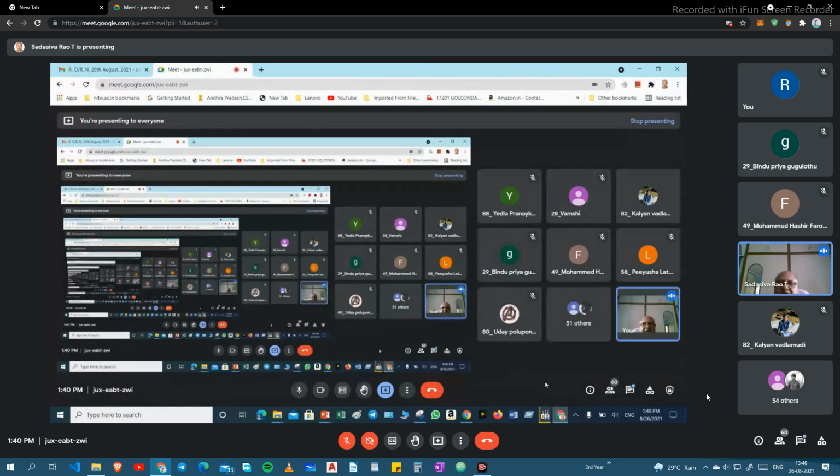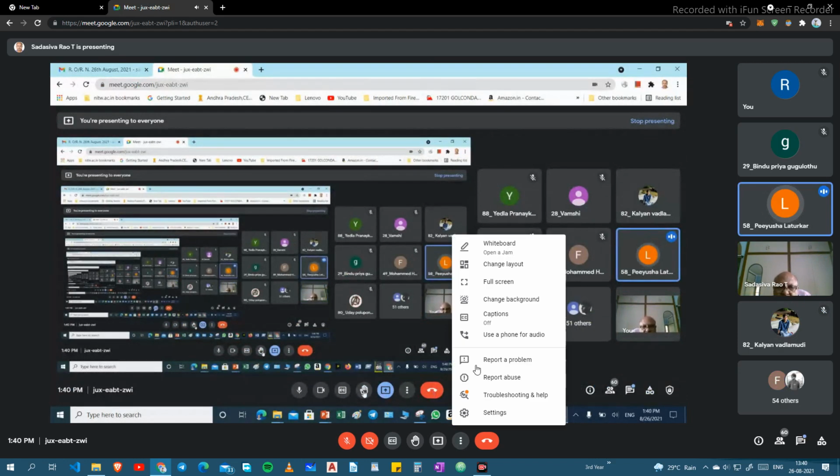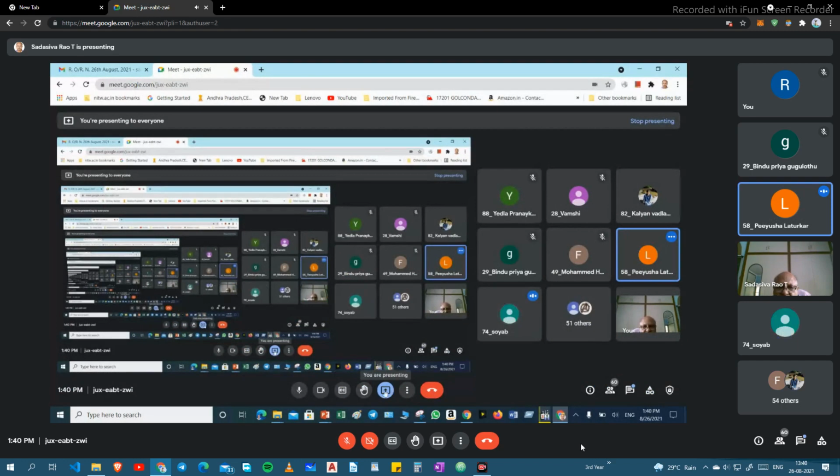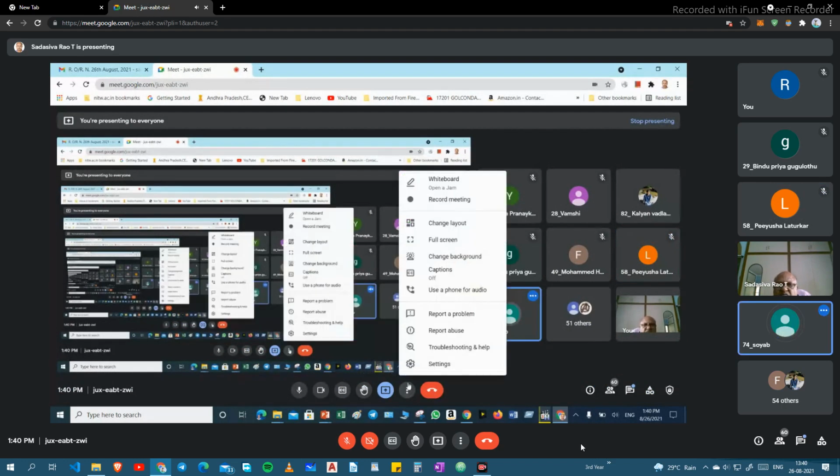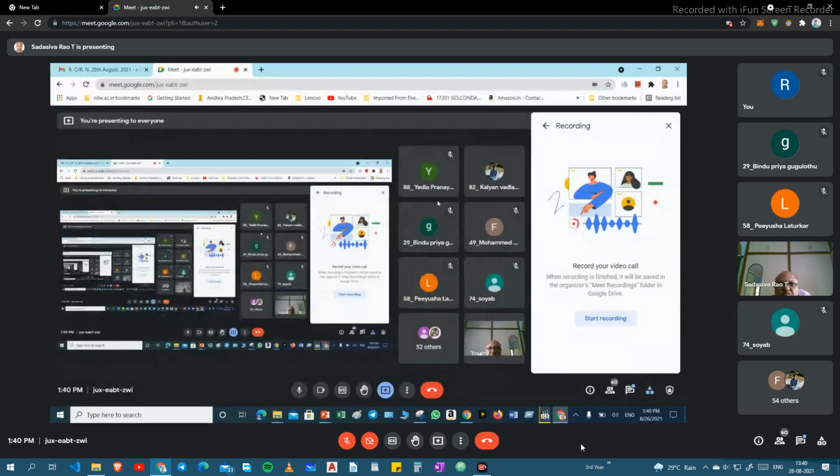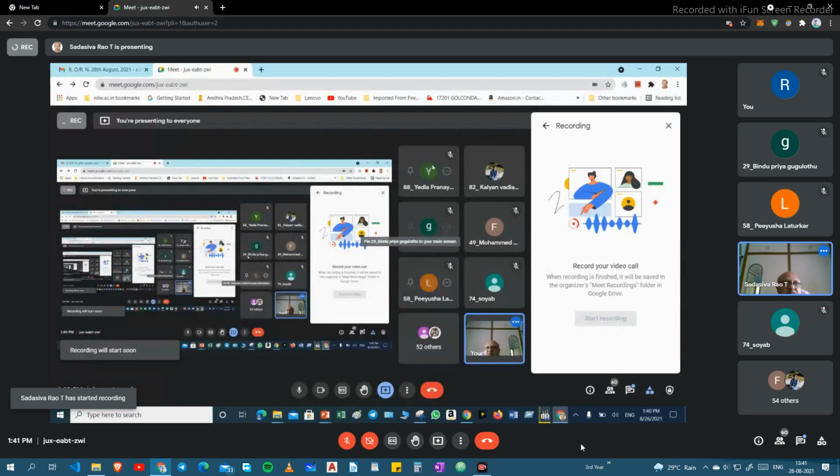That red color button has to come. Sir, I think you have to press the record button when that side pop-up comes. Okay.